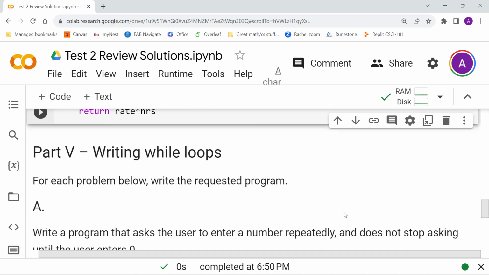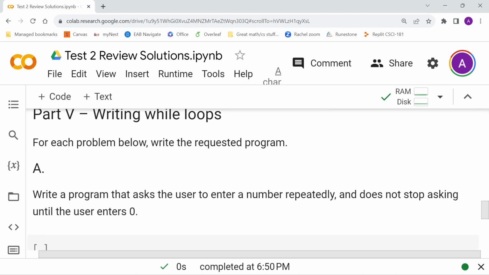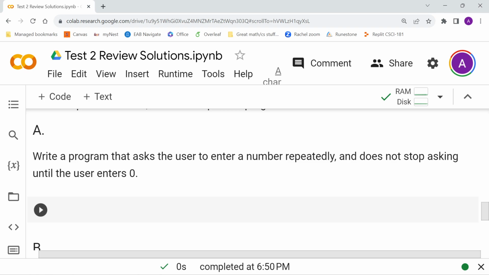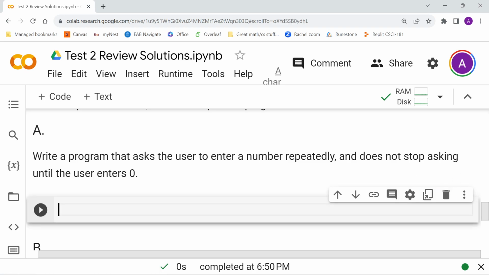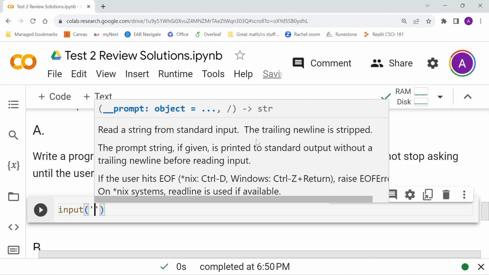Let's move on to part 5, writing while loops. So part A, write a program that asks the user to enter a number repeatedly and does not stop asking until the user enters 0. Okay, so there's a couple of ways to do this. You're going to ask the user for a number, right? So you have to use the input command. So enter a number,